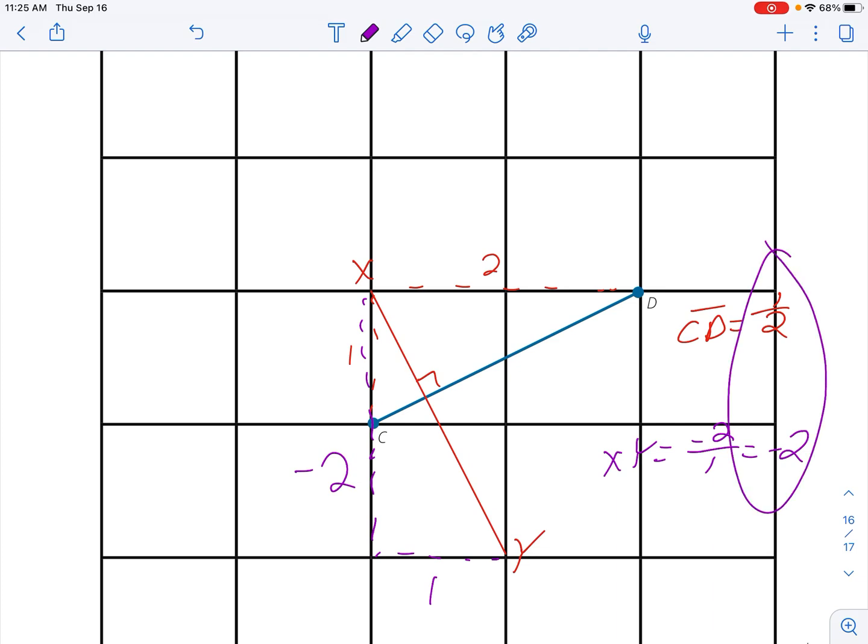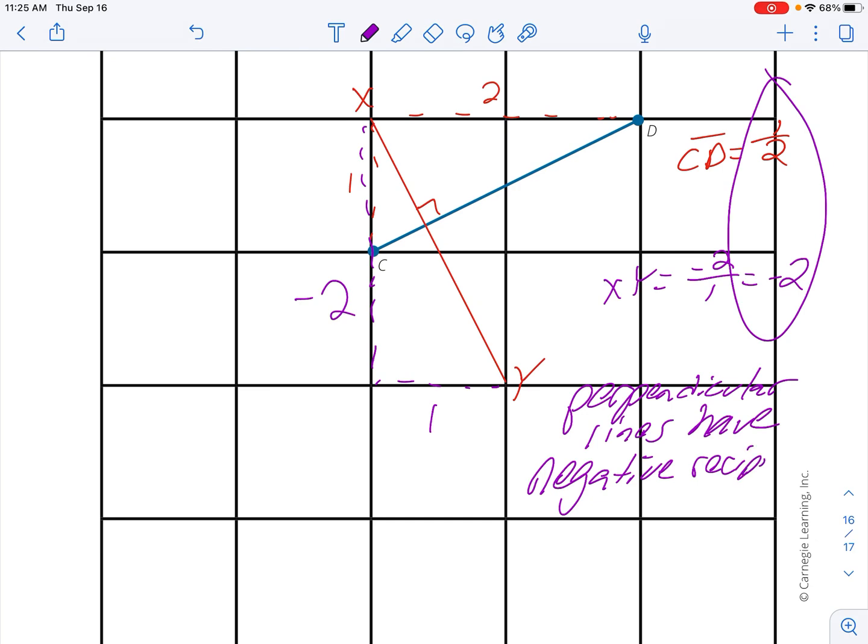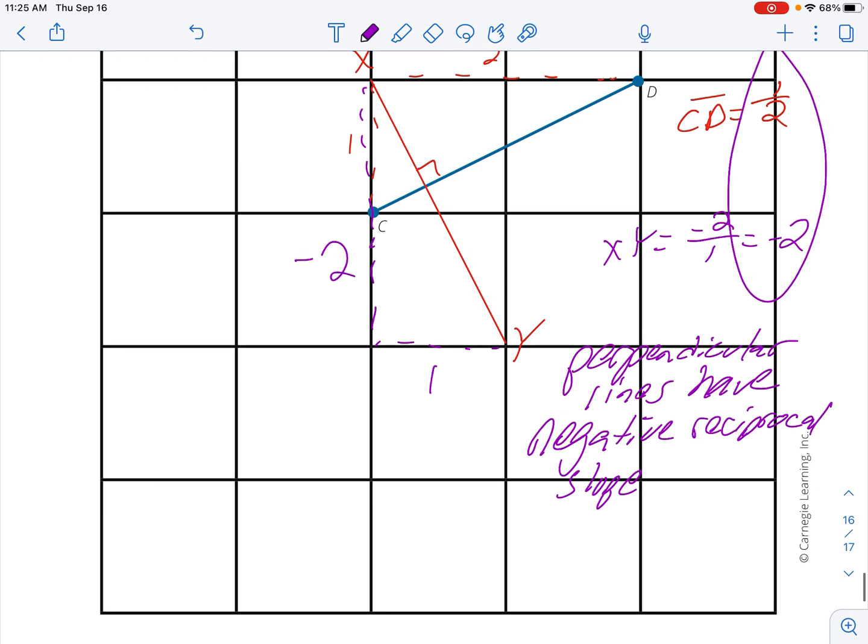When I compare the slope of CD to my new one, XY, what I'm noticing then is this new thing today. Perpendicular lines have what we call a negative reciprocal slope. Now, instead of saying negative reciprocal, you also will hear me say opposite reciprocal. And that's what we're going to then use today, along with the parallel lines, to do some work with slopes of parallel and